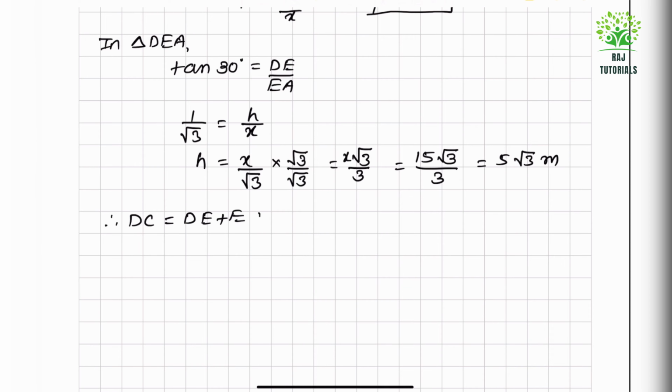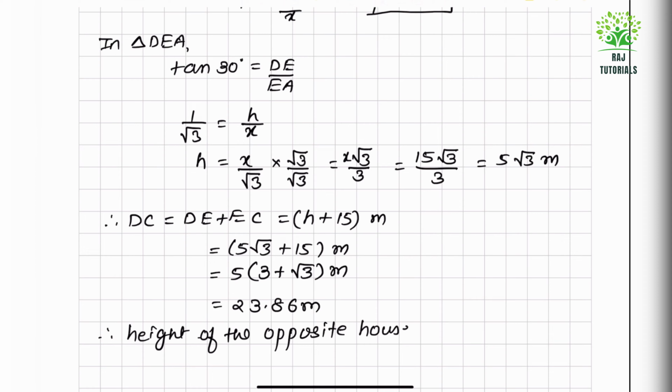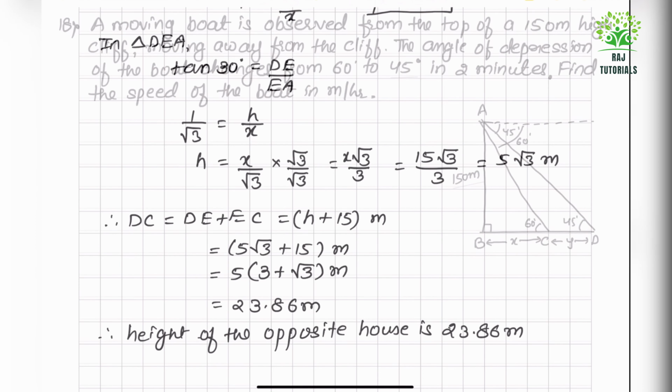Therefore DC equal to DE plus EC, which is equal to H plus 15 meter. Now H I have got as 5 root 3 plus 15 meter. So if I take common 5, I will have 3 plus root 3 meter. So now solving this, I will get 23.86 meter. Therefore height of the opposite house